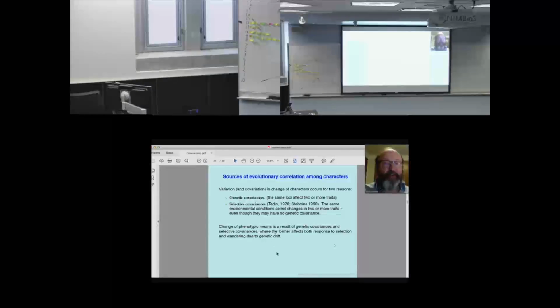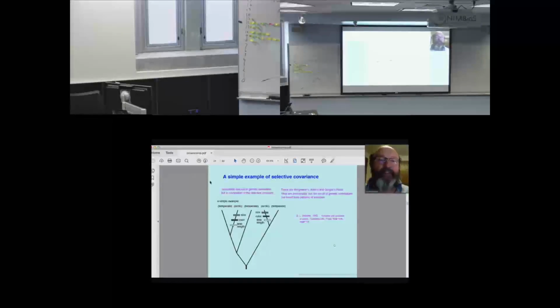It's the change of phenotypic means as a result of genetic covariances and these selective covariances. And let me give you a simple, somewhat silly example of selective covariance. Let's imagine a phylogeny in which the lineages end up in different environments. So this lineage is in the temperate region, but this lineage is in the Arctic, and this lineage also entered the Arctic. The result might be that, if these are mammals, there are things called Bergmann's